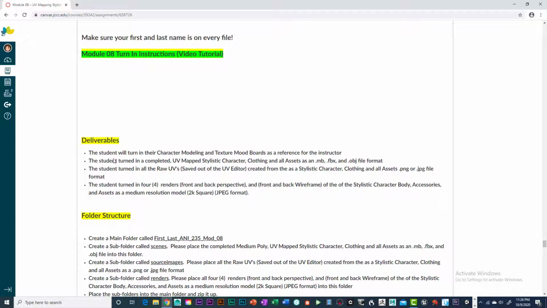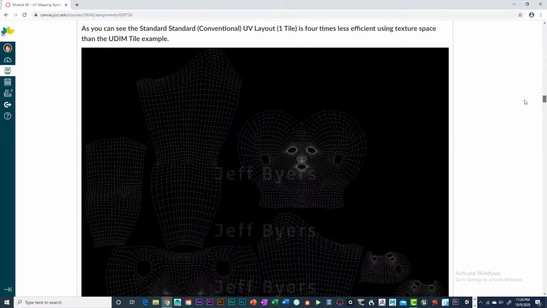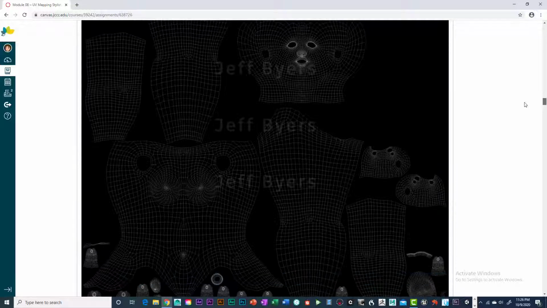And then the next thing you're going to be doing is turning in your UV mapped stylistic character, the clothing and assets as an MB file, FBX file, and an OBJ file. You'll turn in all your raw UVs. What are those? Well, they look just like this. If you do standard, you'll have your UV maps filled up with items or your character,